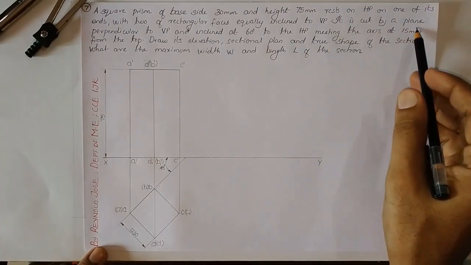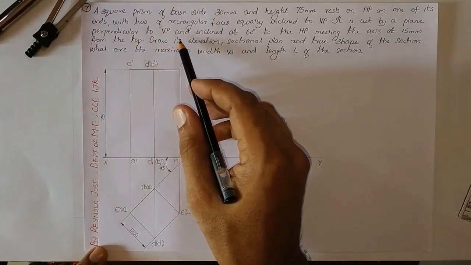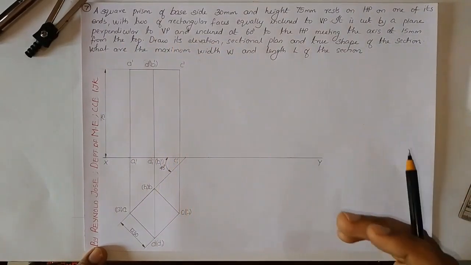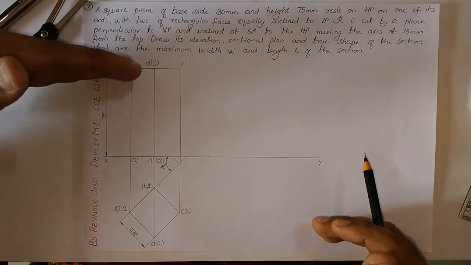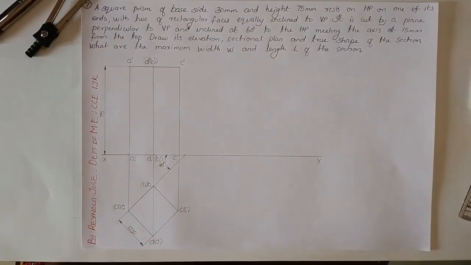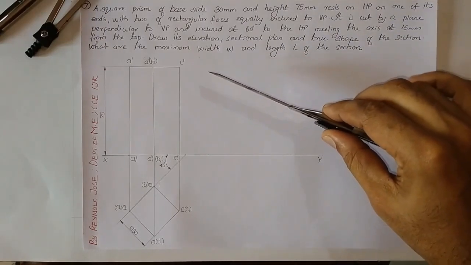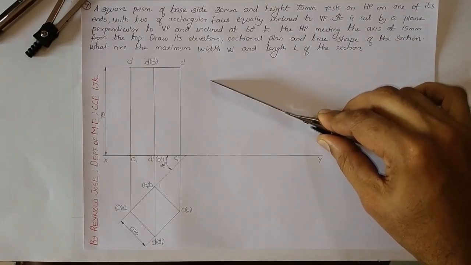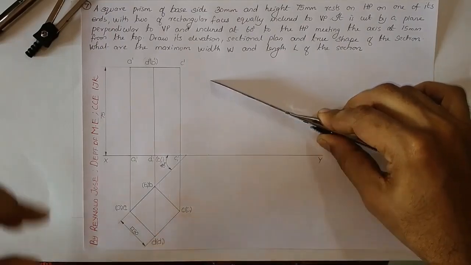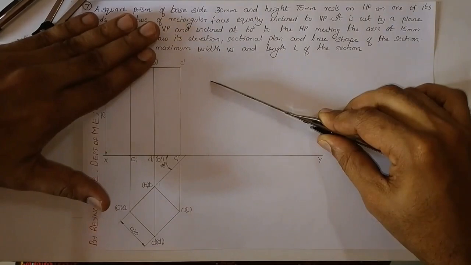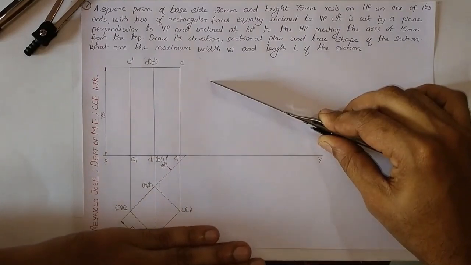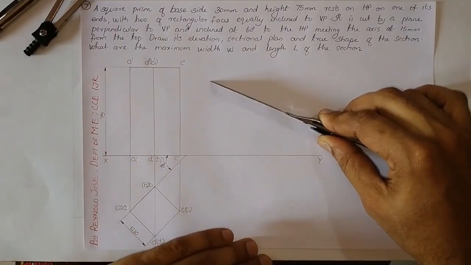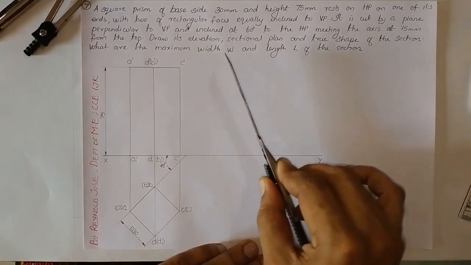So it is cut by a plane perpendicular to VP. So the plane is perpendicular to VP. So VP means the space that is above the XY line. As I said, usually we will be taking it in that sense. So in this case, our section plane is perpendicular to VP. So perpendicular to VP means we will be placing the section plane like this. This is perpendicular to VP in the front view, not in the top view. You consider that this region above the XY line is representing the front view, and this region below the XY line is actually representing the top view. So perpendicular to VP, it means it will be like this or it can be like this.